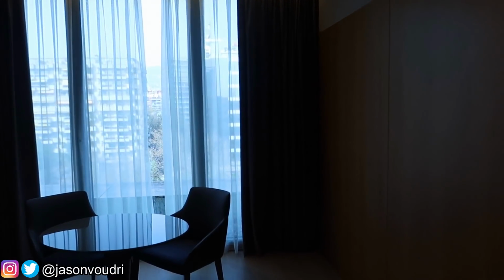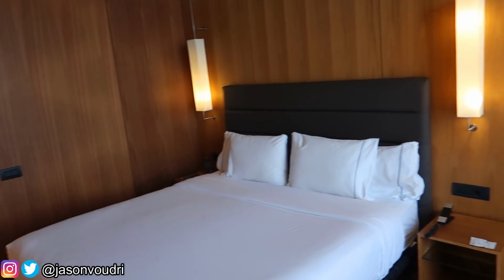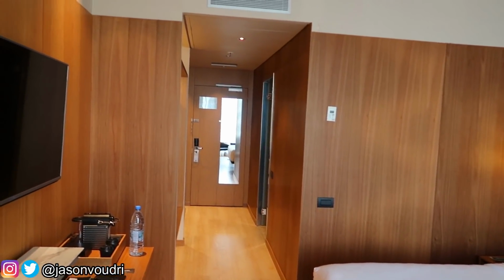Here we are, Barcelona, Spain, and this is the room. Alright guys, as you can see, I'm completely dead. This was an extremely long flight itself, and then the 6-hour shuttle ride from Marseille to Barcelona. So I'm very exhausted. However, as we always do, I've got to give you a quick hotel room tour, and